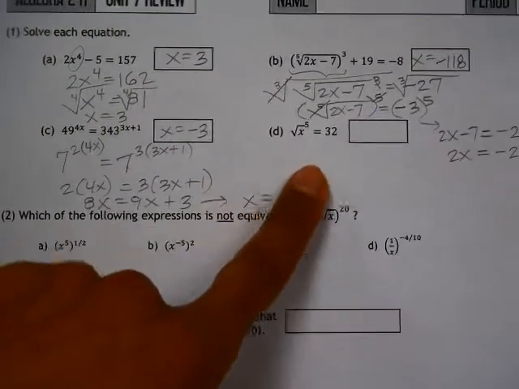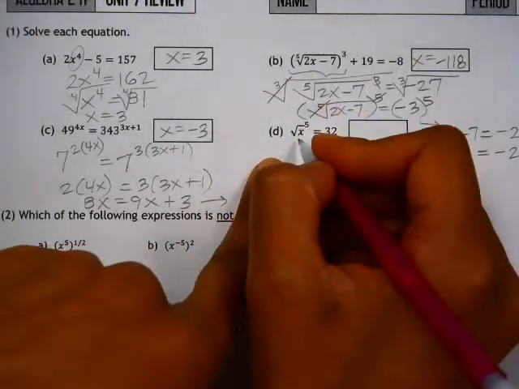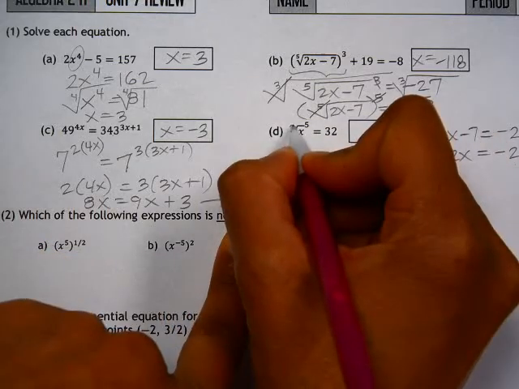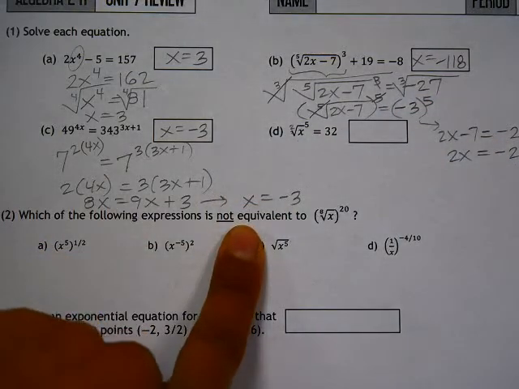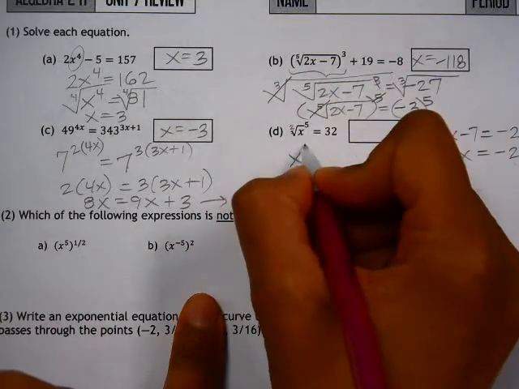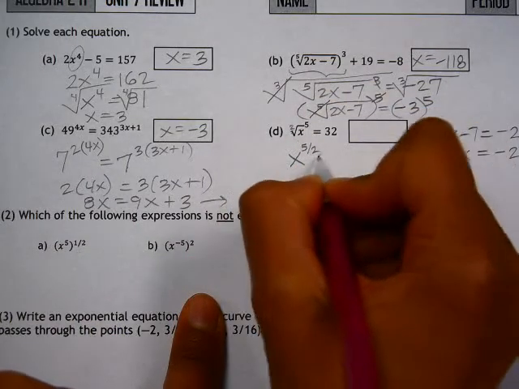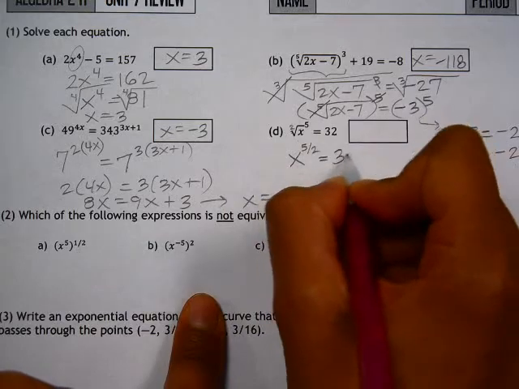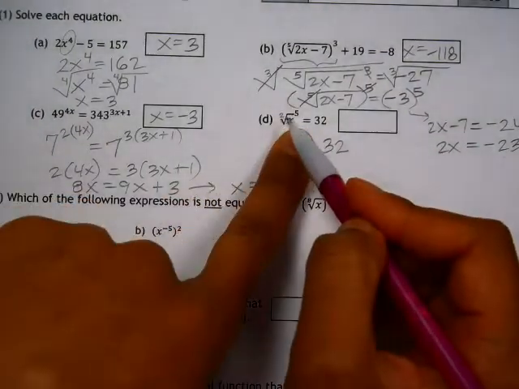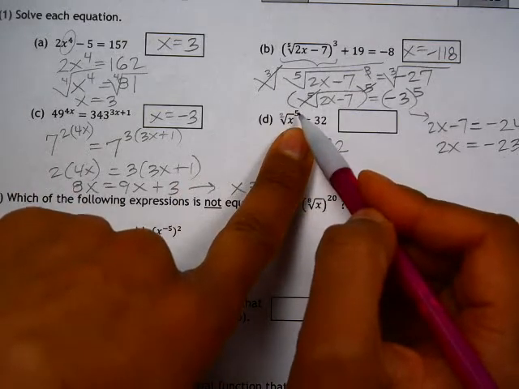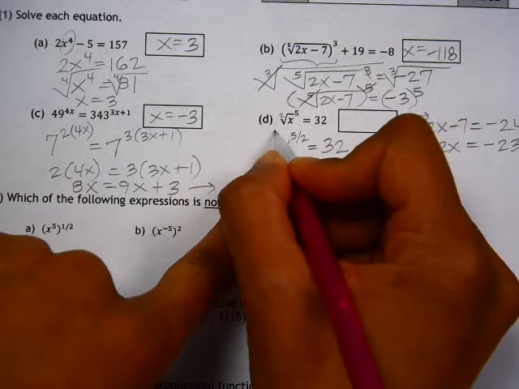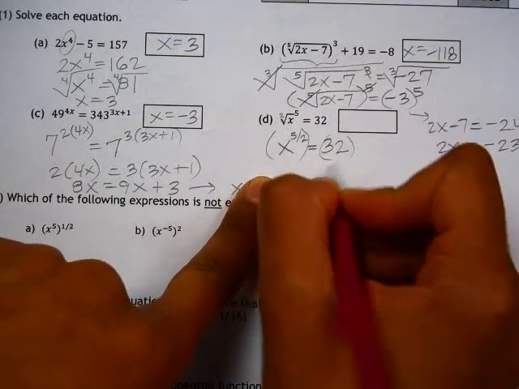Alright, part D, this is the square root of x to the 5th power equals 32. So there's an invisible 2 right here. So we can write this as x to the 5 over 2. We can write it in fractional exponent form. Or you can just do the inverse of square root and the inverse of to the 5th power to get rid of those. If you write it as a fractional exponent, then you can raise both sides to the reciprocal